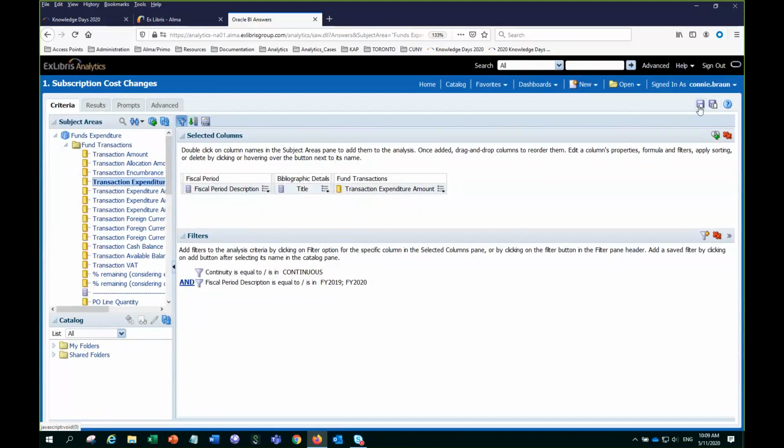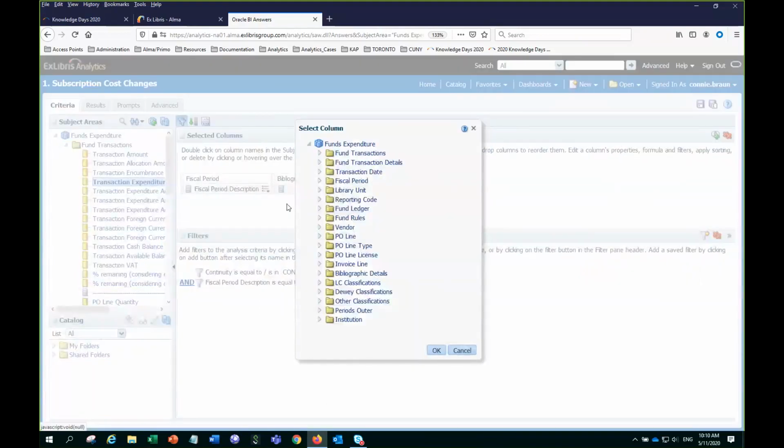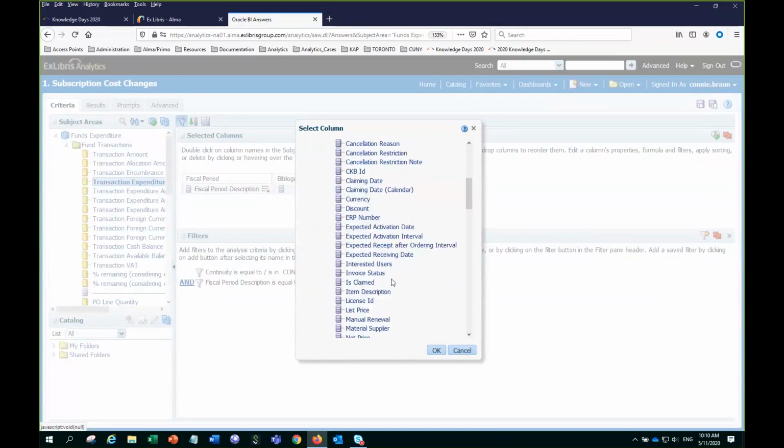And I'm just going to go ahead and actually do one more thing. And so this is a third filter that I want to put in place. The purpose of which is to say these are now going to be active PO lines, active things that we're working with, so that we're not looking at things where we have canceled a subscription. So in this example, again, I'm going to go back to my funnel in order to add another filter, and this time, and so more columns, this time going out to the PO line folder and selecting from it